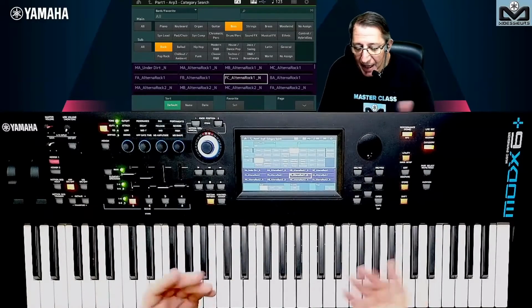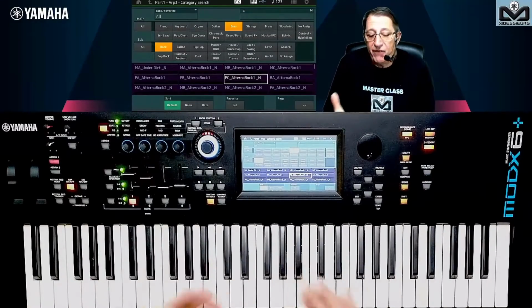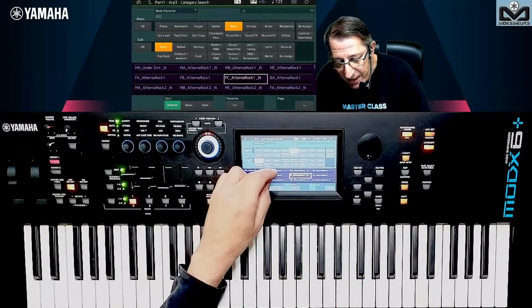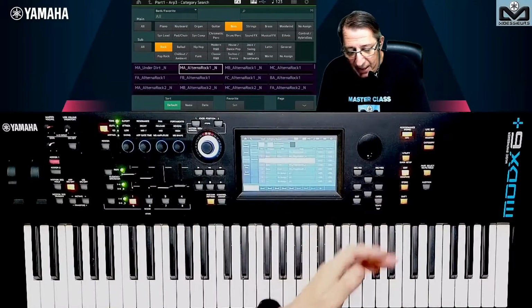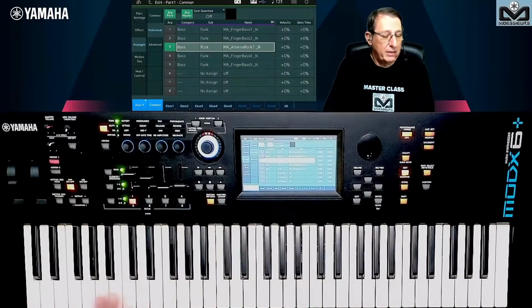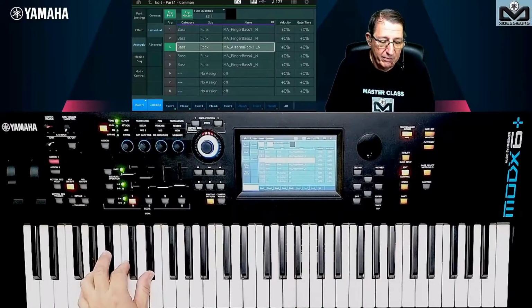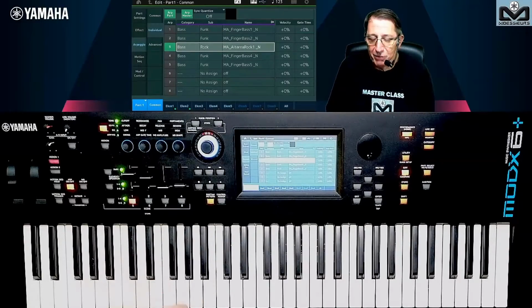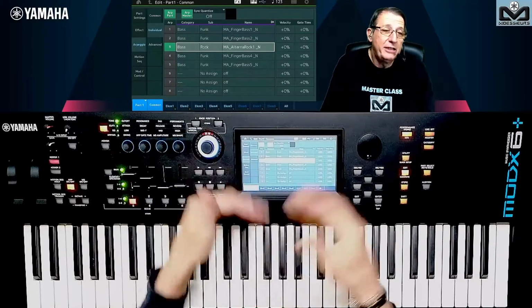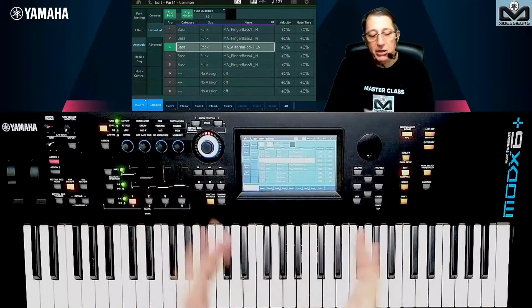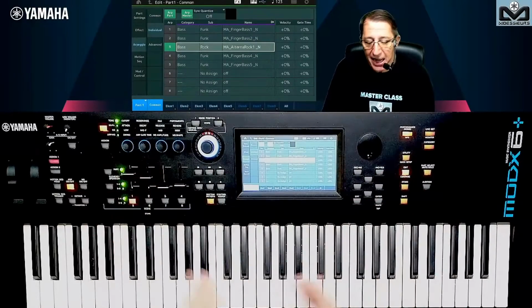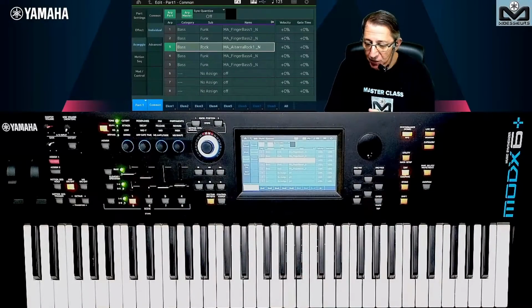as an example. And when you have found the good arpeggio for you, you say, okay, I keep this one. And up it is. Enter. And now we have it. I like this one. So you need to align all of them. Of course, I will not cover this because it will take too much time. And you say, okay, I'm on Modex Plus